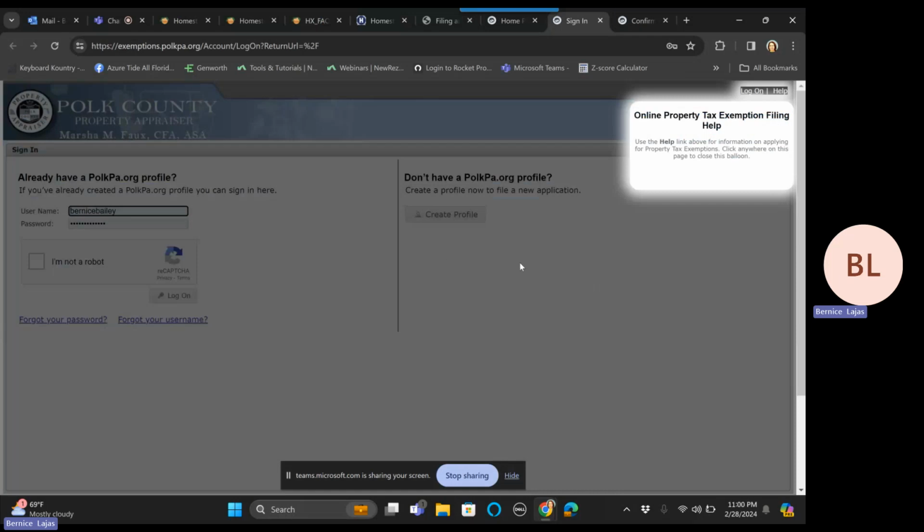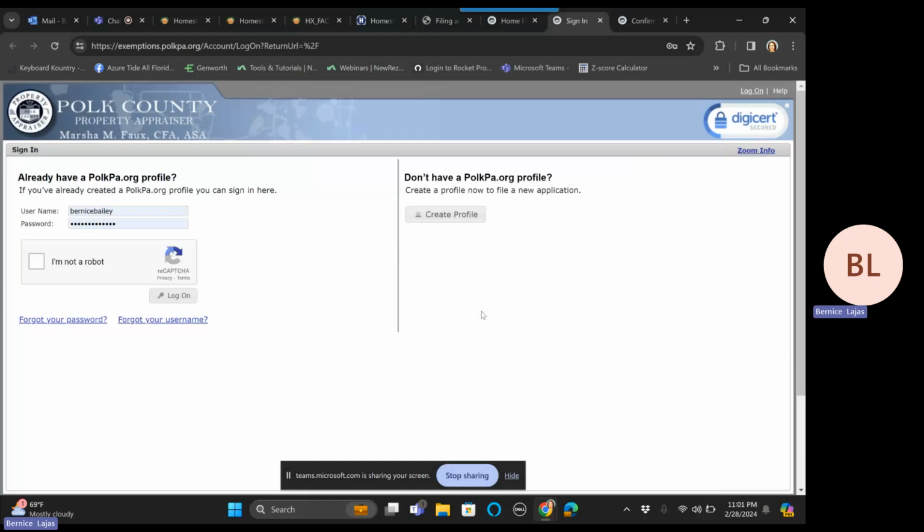If you don't have a Polk County ID, you do need to create a profile here. It doesn't get created for you when you buy in Polk County. You are going to have to create that. So go ahead and start the create profile part and go through and answer the basic questions. You pick a username, your first name, your last name, your email, and then you give a